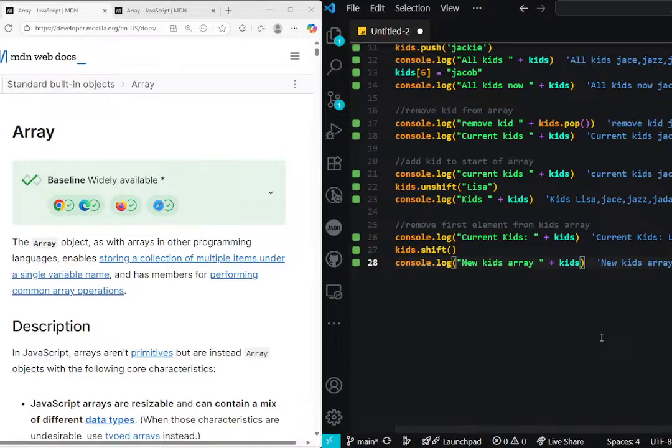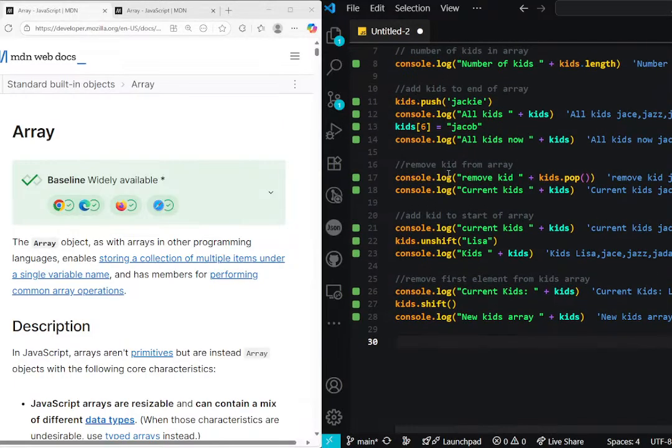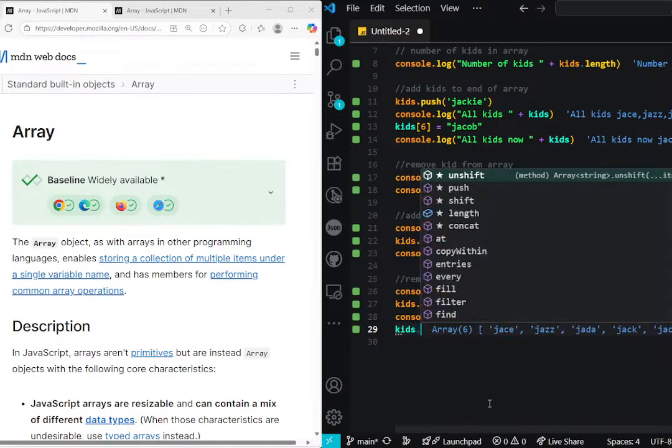And as you can see, shift removes the first child from the array. Prior to using shift, we had Lisa, Jace, Jazz, Jada, Jack, and Jackie. Once we use shift, we remove the first item from the array. And now we just have Jace, Jazz, Jada, Jack, and Jackie. And I don't have a daughter named Jackie, at least not at the moment. So let's go ahead and remove the last child from the array. And based on this quick little list, we can just use pop. So we'll go kids.pop,